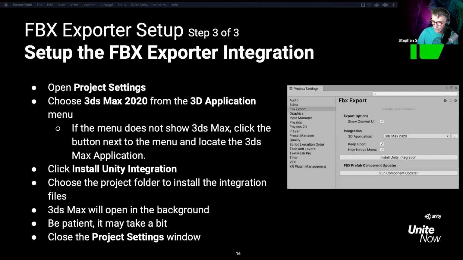I'm going to address one of the questions about the FBX exporter, used with or without direct integration. Daniel's answering. You can use the FBX exporter to export an FBX, and you don't have to use the integration. As long as you have a 3D application that can use the FBX file, you just don't install the integration. The integration might not work the same. You could export the FBX, and I'll show that in the next step. But this is just to show how to go back and forth with 3ds Max.